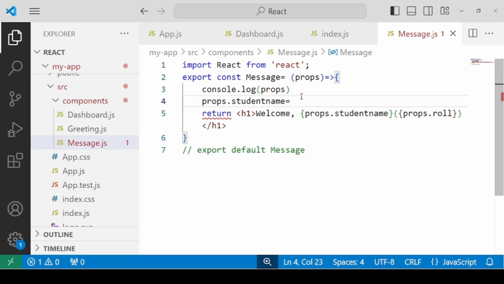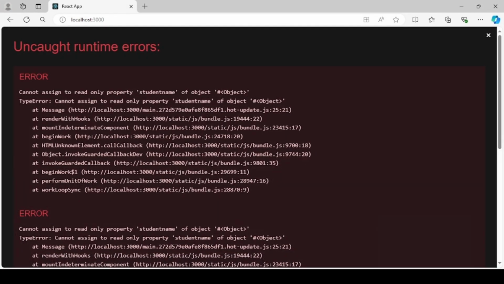Let's say I would like to assign the value Mohit. Let's take a look at the browser. You see, cannot assign to read-only property student name of object. So we have proved that props are immutable.